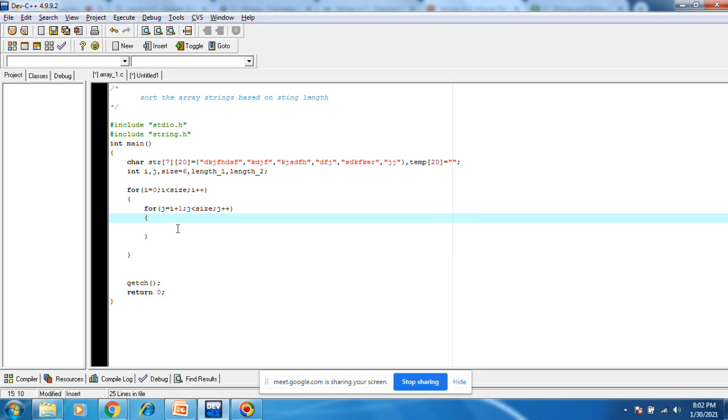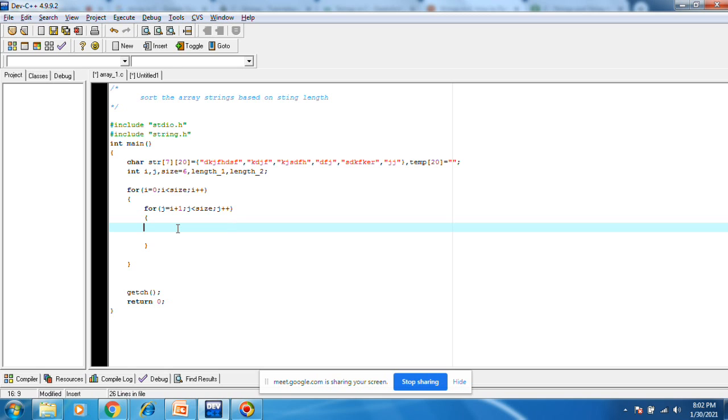If I is equal to 0 means this one, and J equals I plus 1 means this one. These two things we need to calculate now, correct?